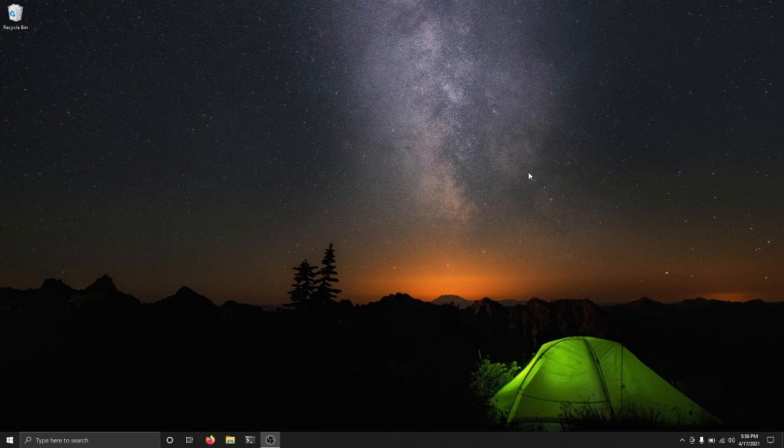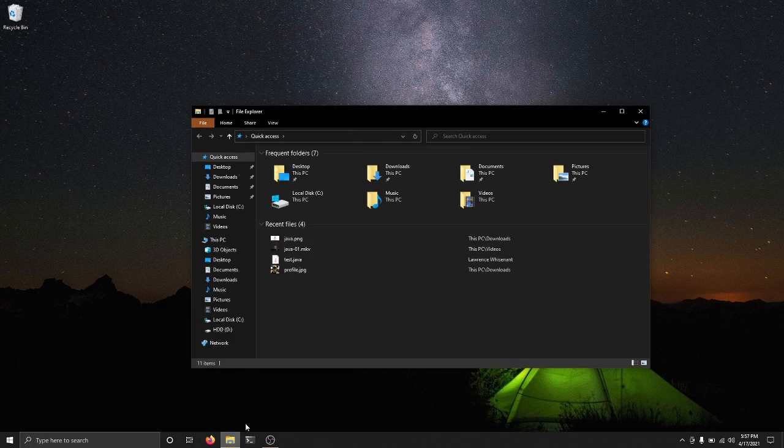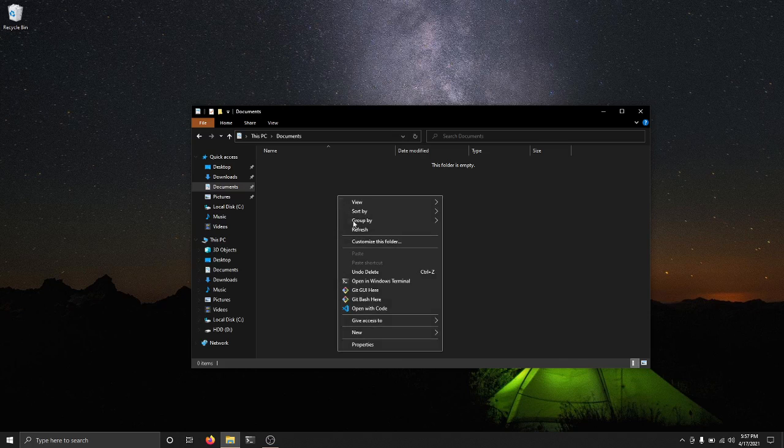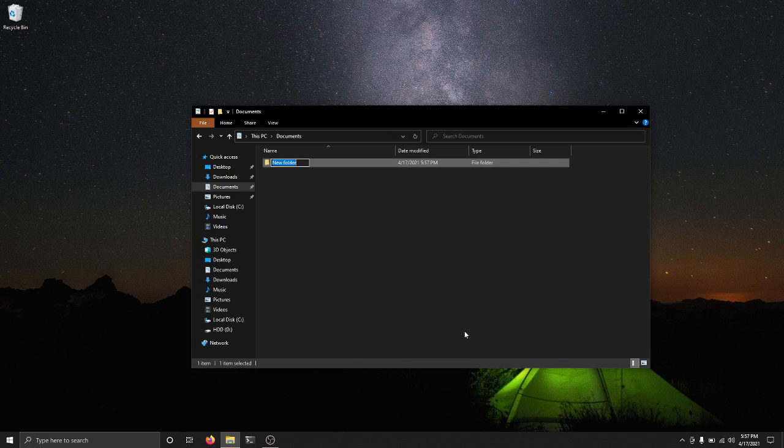Now that we have an environment set up, we can start making projects. What we'll do first is we'll create a place to host all of our projects. And a good practice, we'll go to the Documents folder. And in here, we'll just create a new folder and we'll name it